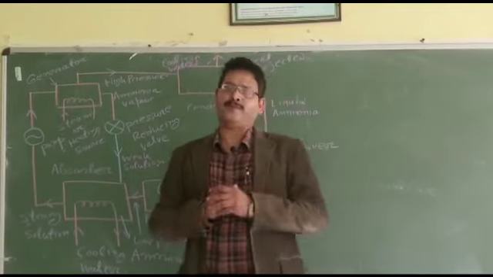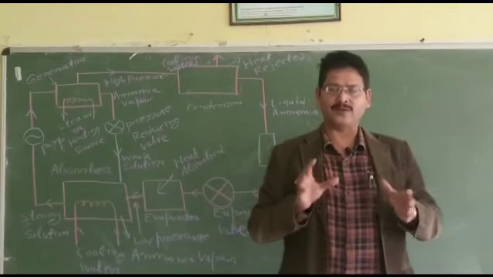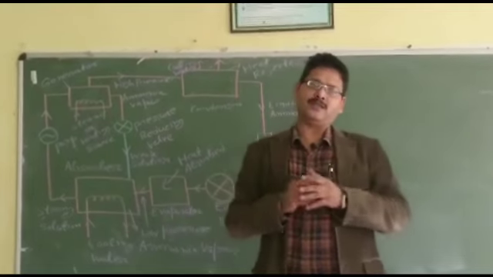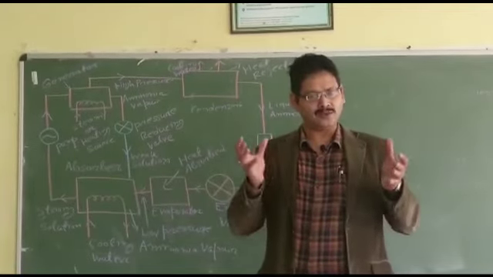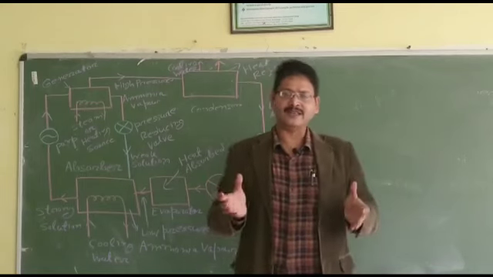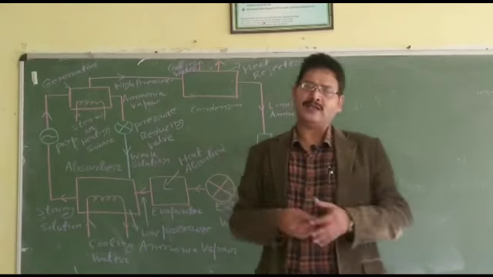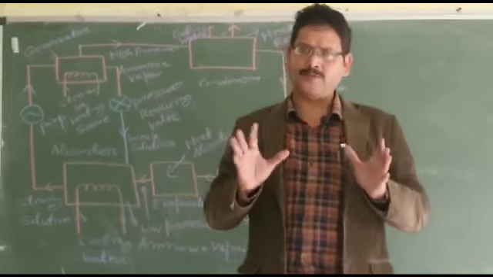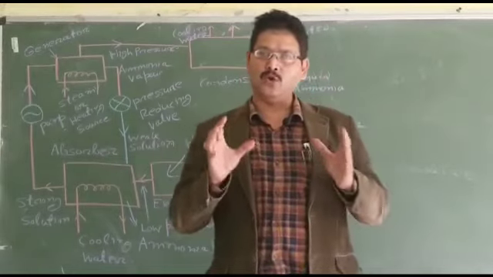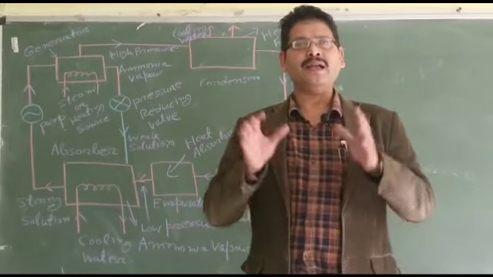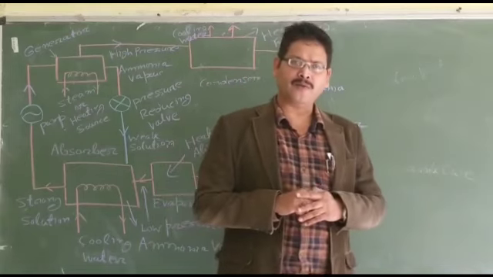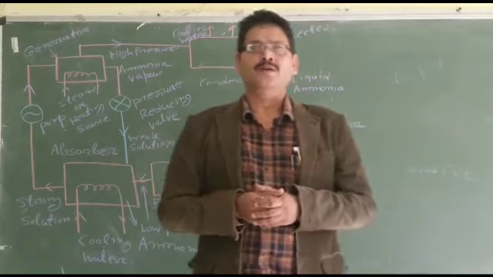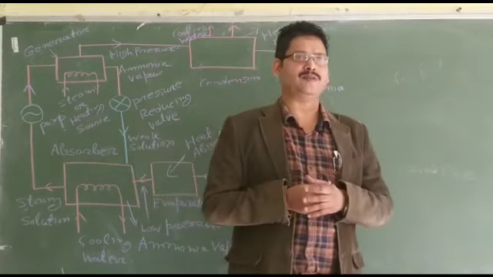And apart from the aqua ammonia vapor absorption refrigeration system, there is another type of vapor absorption refrigeration system which uses a combination of lithium bromide and water. In that case, lithium bromide works as an absorbent and water works as a refrigerant. The major disadvantage of the vapor absorption refrigeration system is its lower coefficient of performance, and the coefficient of performance of a vapor absorption refrigeration system is one-fifth of the coefficient of performance of a vapor compression refrigeration system.